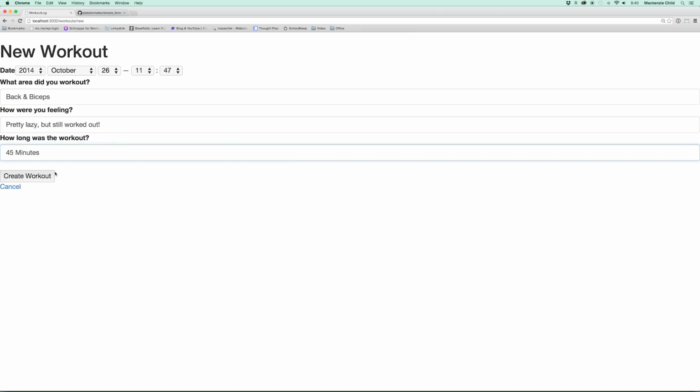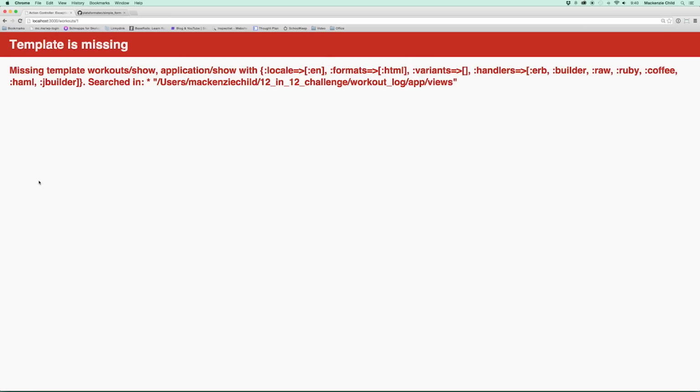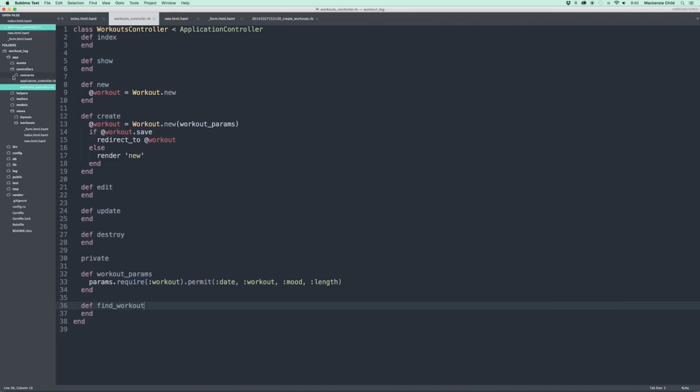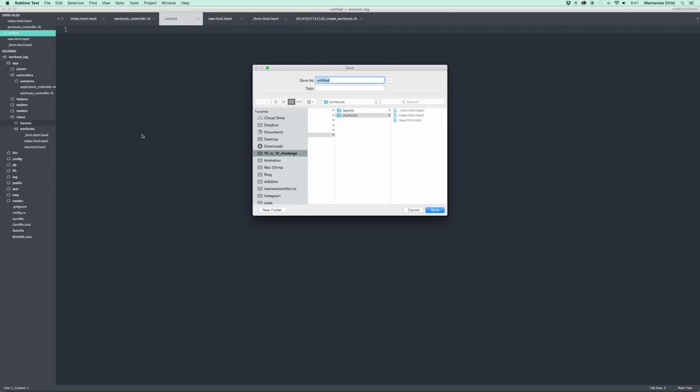So this should take us to the show page, which we should get an error for a template is missing. So let's create the workout. All right, so you can see in localhost port 3000 /workouts/1. So it took us to the correct page, but the template is missing for that show page. So let's create that. So under app views workouts, we'll create a new file,